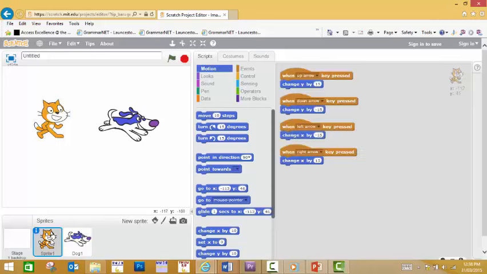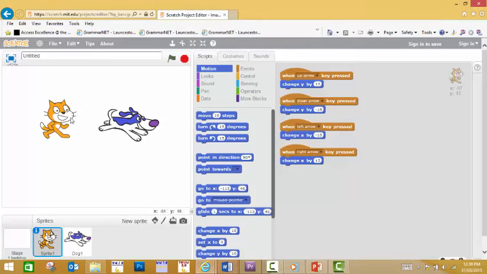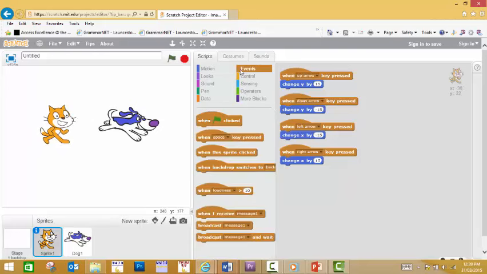So what we're going to do this time is set it up so when the cat touches the dog, something will happen. But I still want my arrow keys to work so that I can get this to happen. At the moment, if the cat goes to the dog, you'll see that it will go over the top of it. So basically what I'm then wanting to do is take that so that in this case I will get it